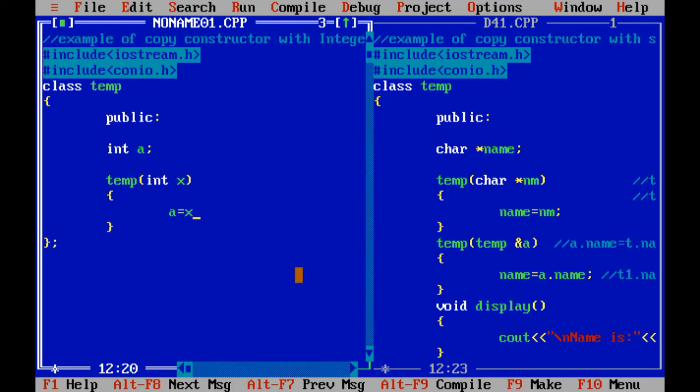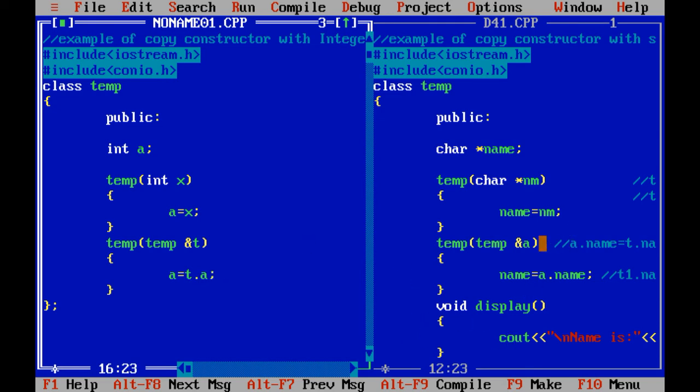Now a equals x. Over here we just need to reference the object of temp class, either t or a in our case. Now what line do we need to write? a equals... a I have already mentioned in the main program, so I am going to use t again. This is the a which is defined as a local variable of temp class, and over here t.a.